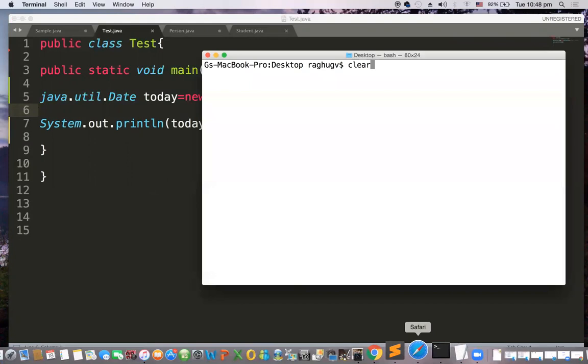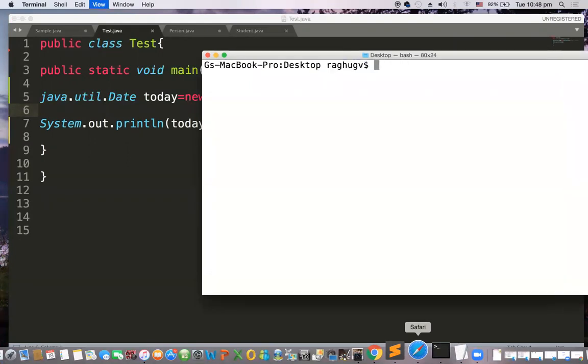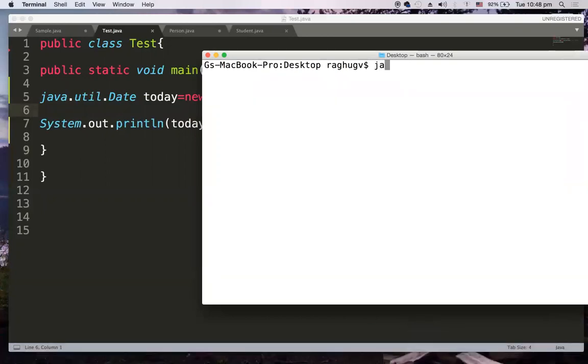I'm compiling here. Let me make this a little bigger. javac Test.java. Compiled successfully, there is no problem. Only one statement I have added, using the Date class available in the util package. Then say java Test.